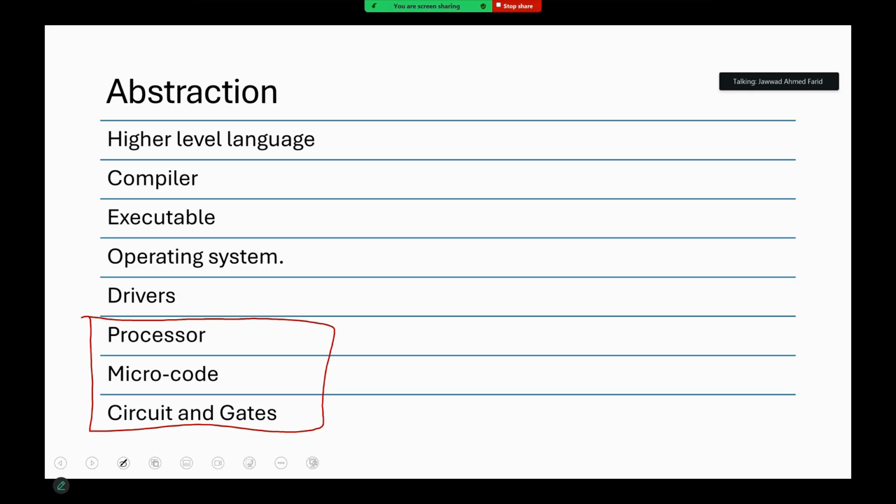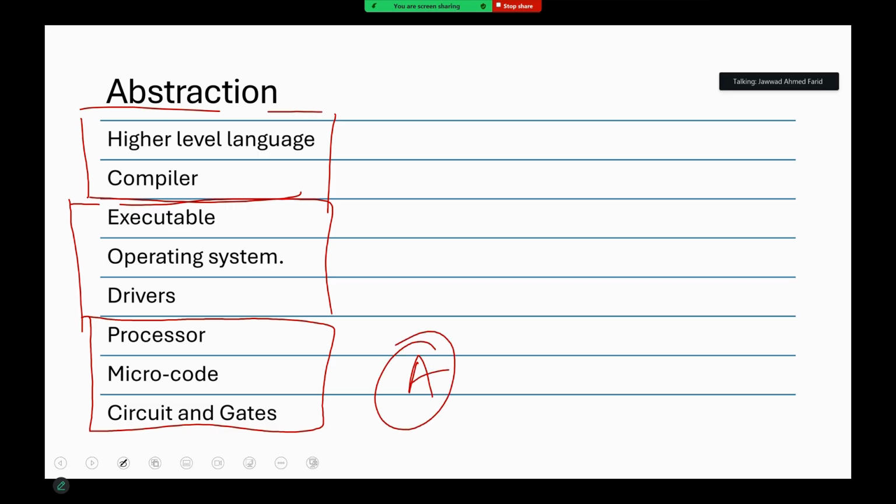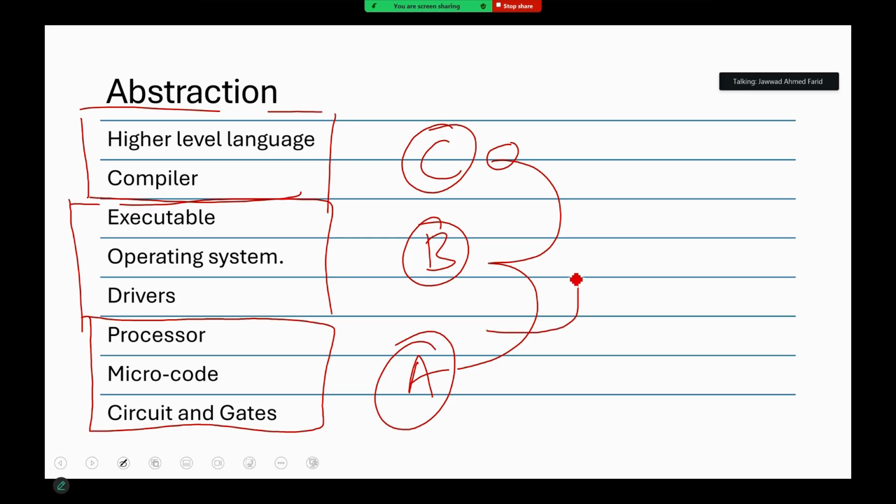So the objective of this high level of abstraction is that we want to break our work into three separate categories. तो अब तक आपने जो काम किया है ना वो आपने category A पे किया है, right? Which has been dealing with the circuit, the gates, the microcode and the processor. अब इसके ऊपर एक और category है, and that category is essentially drivers, operating systems and generating your executables. And then the highest category, which you're comfortable with, which is what you've been following, are programming languages. So हम यहाँ से यहाँ और यहाँ से यहाँ तो नहीं जाएंगे, लेकिन हम A से we want to sort of intrude a bit in B.